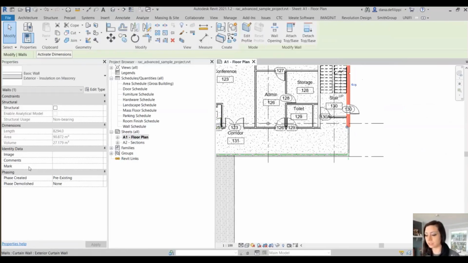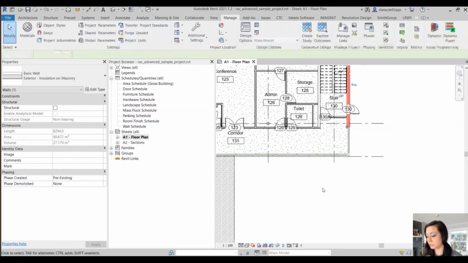Rather than if I just look for the wall mark, which in fact is a string value, it's just an assemblage of characters, right? The phase is not just going to report pre-existing. It's actually going to report a Revit element with a Revit ID, which we'll see in Dynamo. But essentially, once I get that name of this element, in this case, pre-existing, what I want to do is copy that name to, let's just say, a parameter like comments, which if I look in visibility graphics under filters,